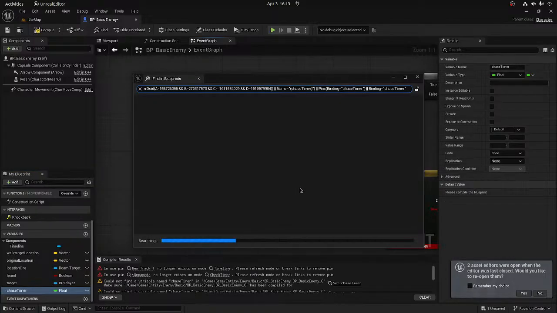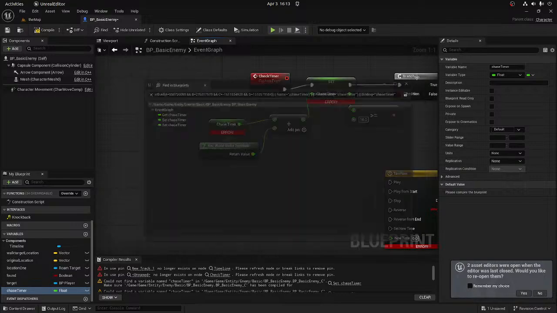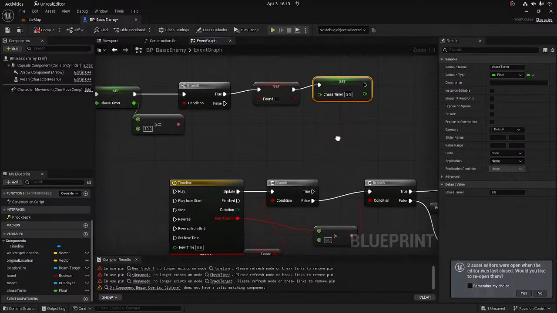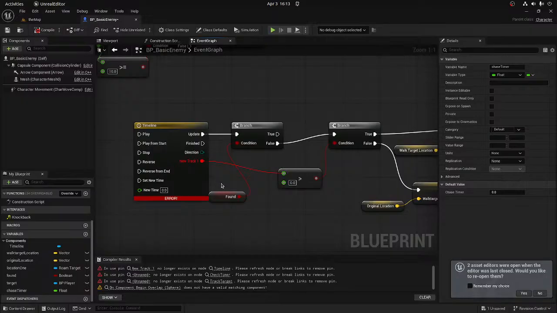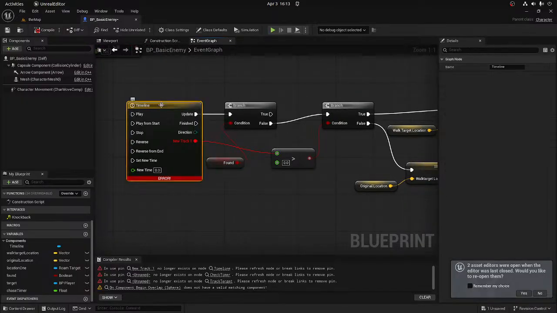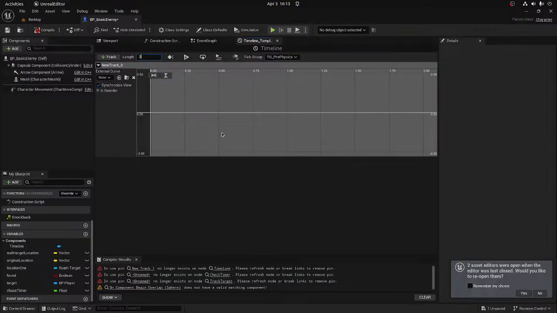So you're going to want to change variable types as well. So there's just kind of a lot of fixing this here. That seems fine. Timeline seems broken here. So we'll add a track. Add key